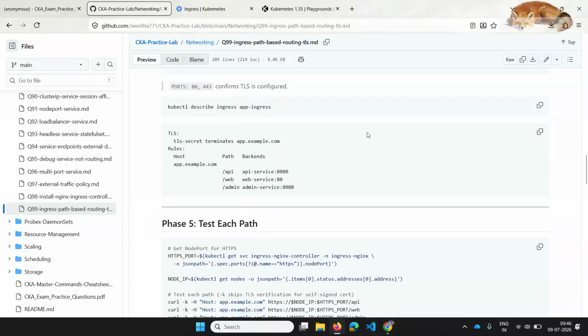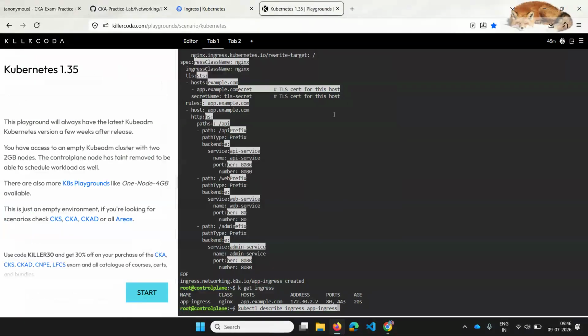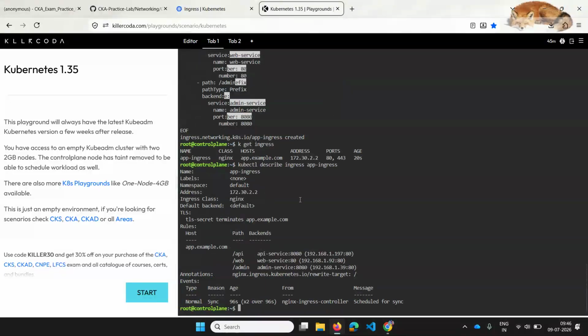So they are telling that we can also do a describe of this ingress. When you do a describe, you will get full information about this ingress, like which path, which service, which port it is referring to.